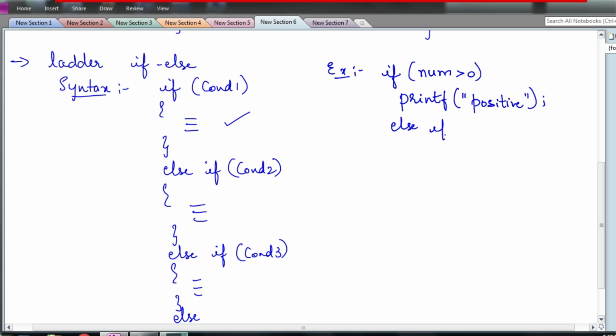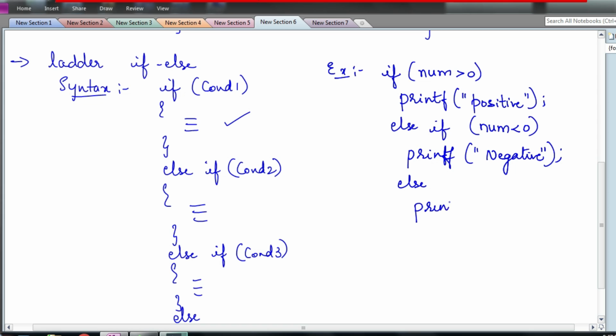Else if num is less than 0, because there is a possibility that it might be equal to 0 also, printf negative. Now it is not greater than 0 and it is not less than 0 either. Suppose both are false, then it has to be equal to 0, right? So I'll write else printf 0.